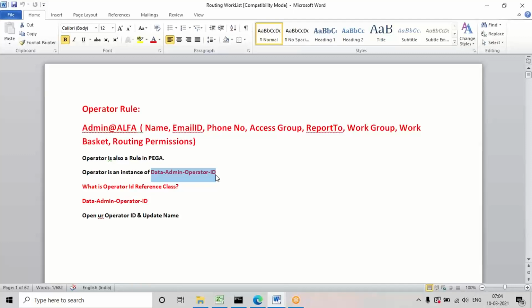So in the application, any operator information given will be stored under the system pages in the clipboard, and under that you'll have a page property called operator ID, and further the reference class will be data admin operator ID. This class we'll be using in many scenarios coming up, when we apply these routing concepts and whenever we want to fetch operator information in the application.